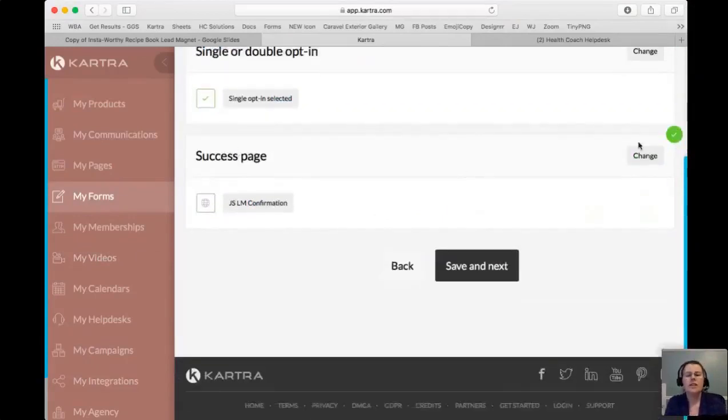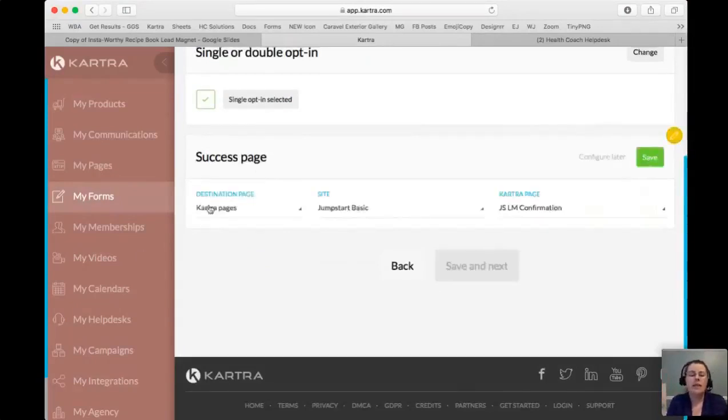Now from here, this is a success page, which is our confirmation page. Remember, that was the first thing that we did. So this is where we link it up. Now we have the option to either link it to an external page. So if I had a WordPress site and I had pages that were over there that I didn't want to recreate in Kartra, I could just link from here whatever the URL is. Okay, but I'm going to use a Kartra page,